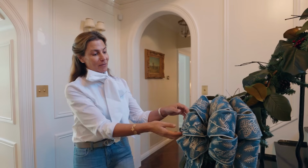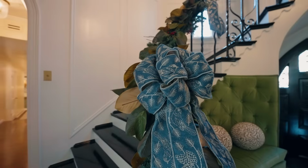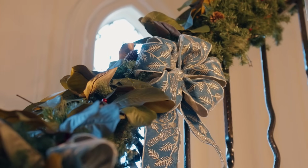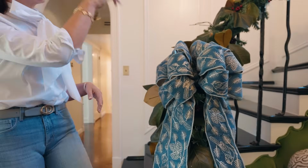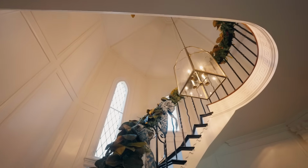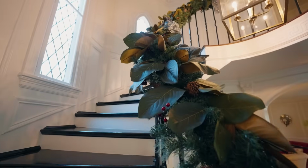And because it's Christmas and the holiday season, I had these bows made that were fun to tie in the blue from the table, and they've got some birds on them. You can tell, again, I like whimsical things. I like things with animals. And we've got garland going all the way up the staircase with the blue bows. So that's what's sort of original to the house and what was here, and what we've updated is everything that